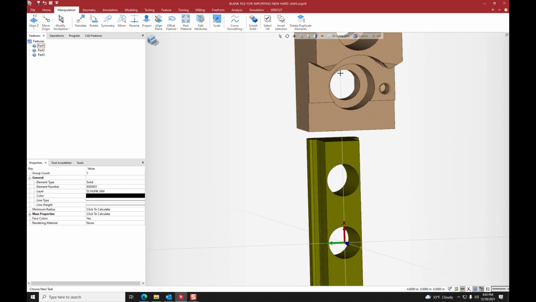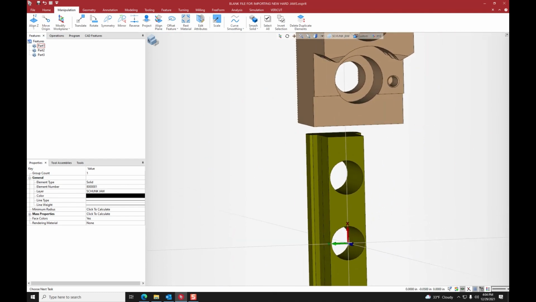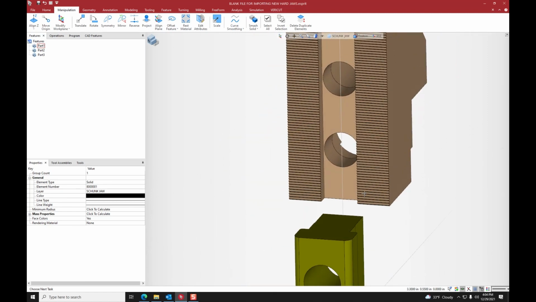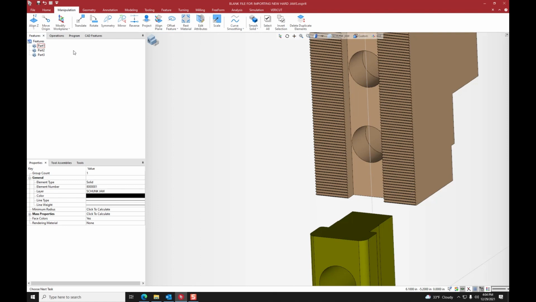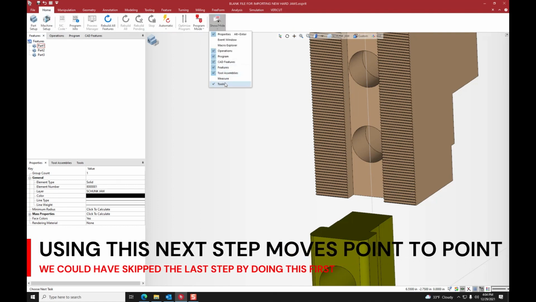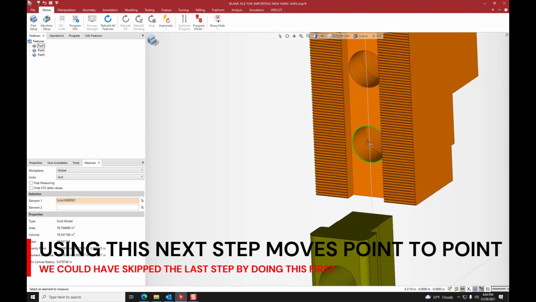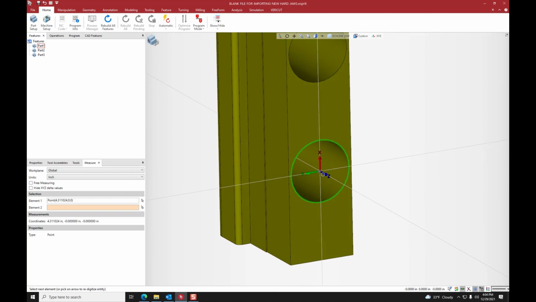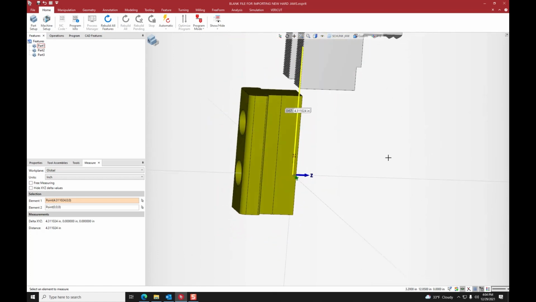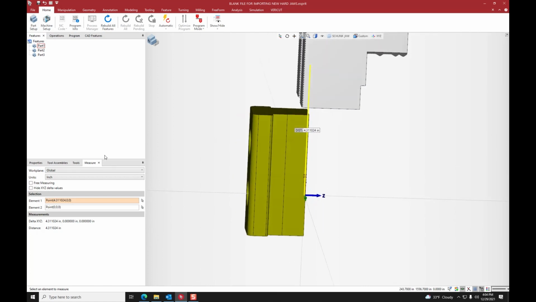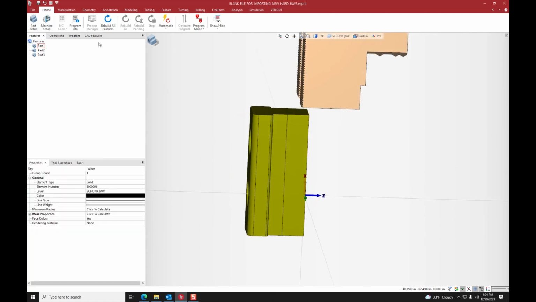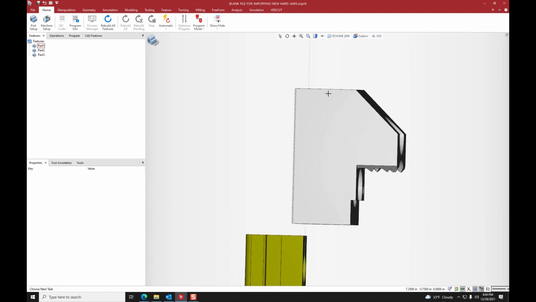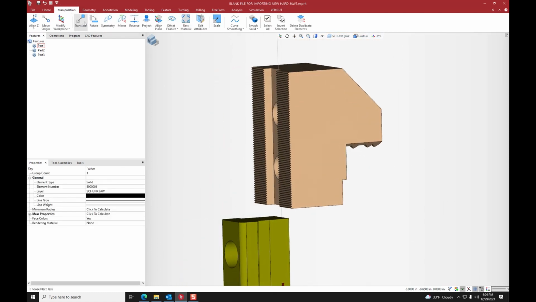So we need to move this down and line it up with this circle here. You can either measure, and that's one way to do it. We can go back to measure, pick this center point, element 2, choose 0, and that'll give us a distance of 4.311024. So you can translate that directly with that number. You can also select your part, translate,